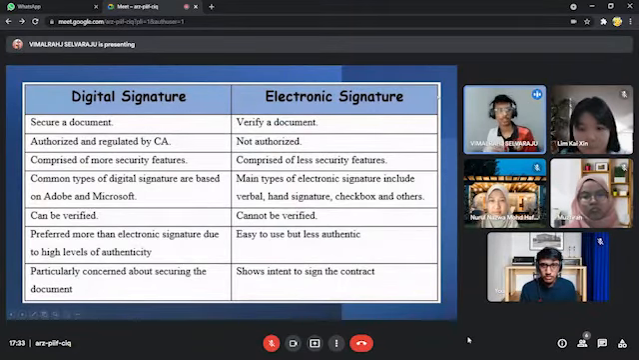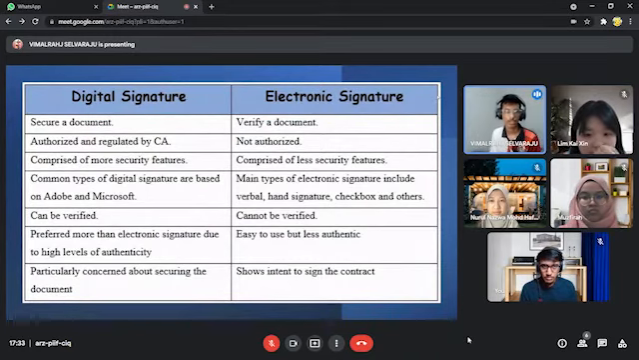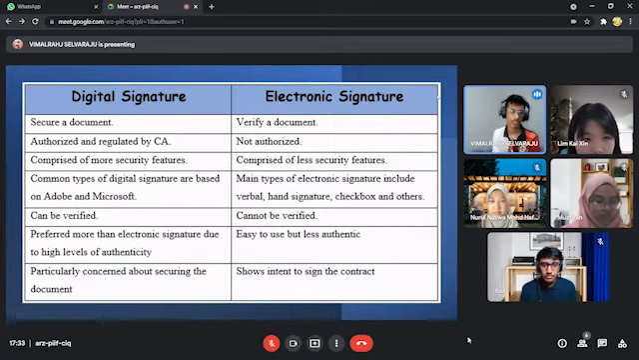Okay, for the first one, I'm going to tell you guys about the difference between digital signature and electronic signature. The first one is secure document, and the second one is authorized and regulated by a CA, comprised of more security features. And the third one is that a common type of digital signature is based on Adobe and Microsoft, and it can also be verified and is preferred more than electronic signature due to the high level of authenticity, and particularly considerate